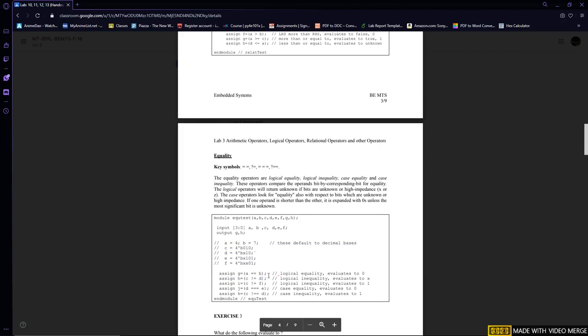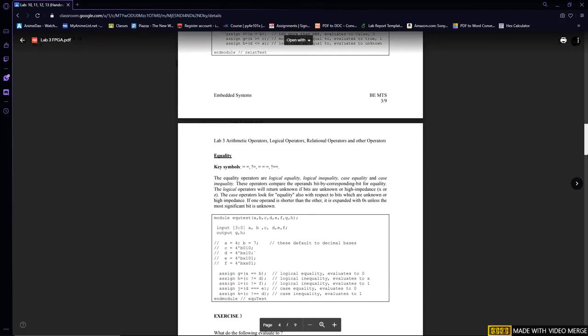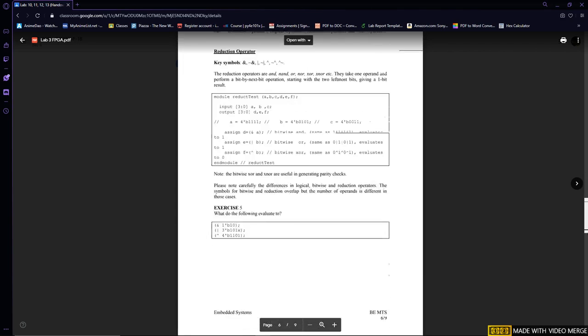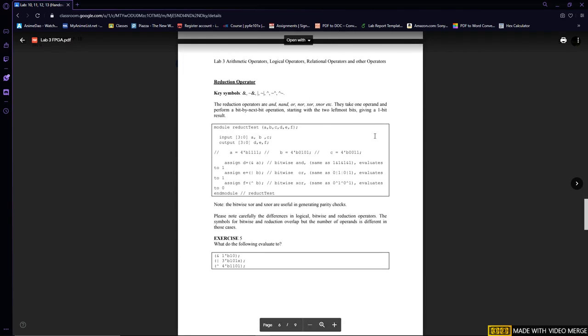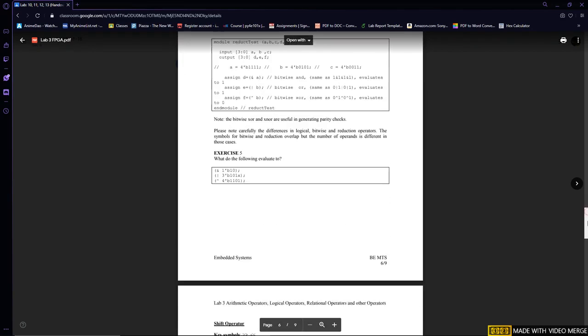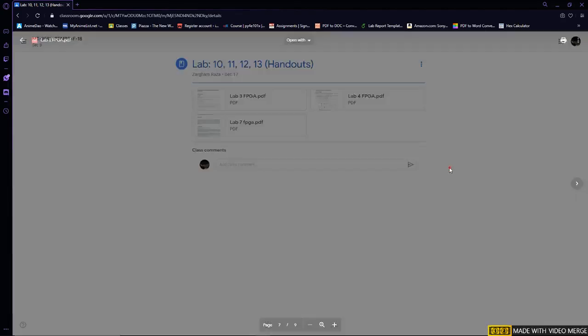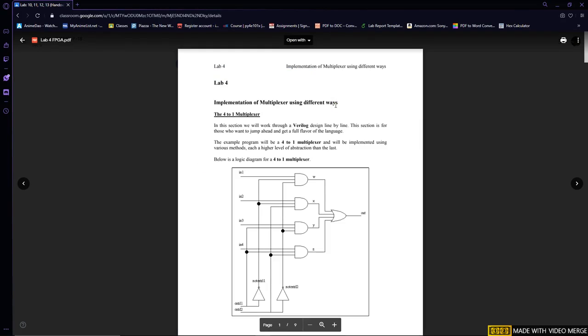Over here we are checking with double equal to see if our equality is equal to 0 or not. Similarly, as you can read, the next line is inequality, which evaluates to x, then the logical inequality evaluates to 1, and so on. Then the bitwise operator and the reduction operator, which reduces the value one by one, and then the shift operator shifts the values. This is exercise 6, and then we perform lab number 11,